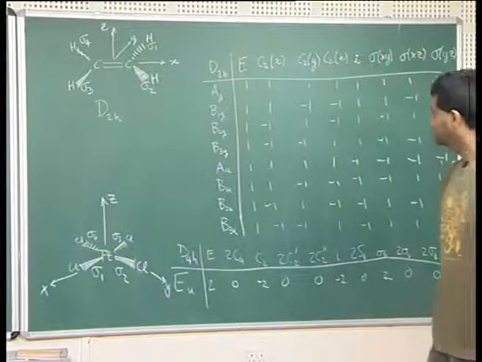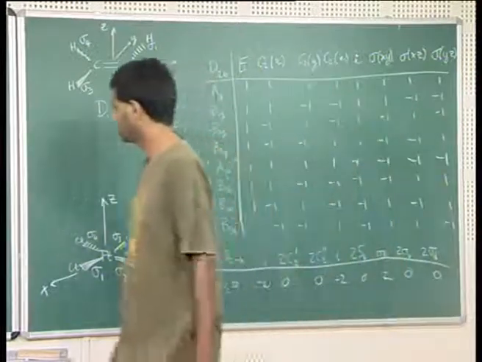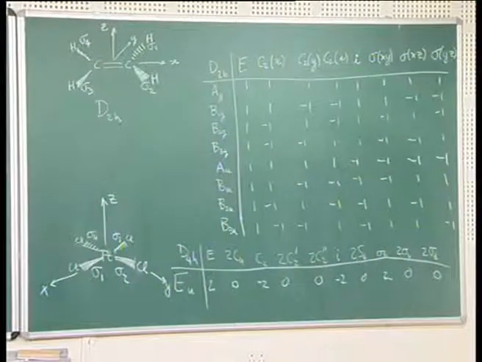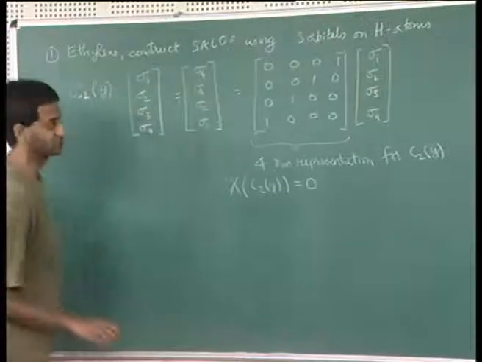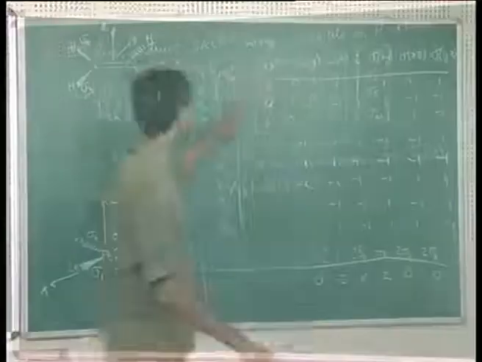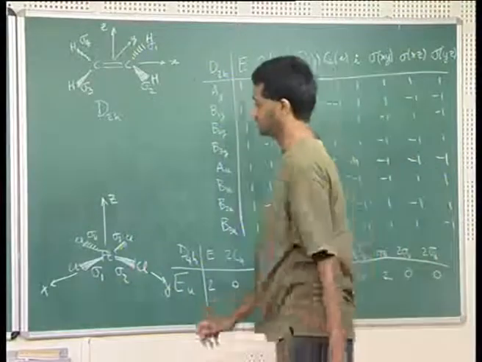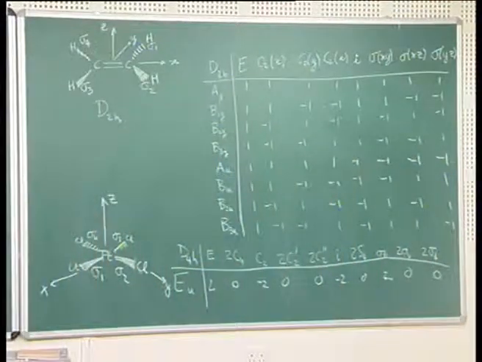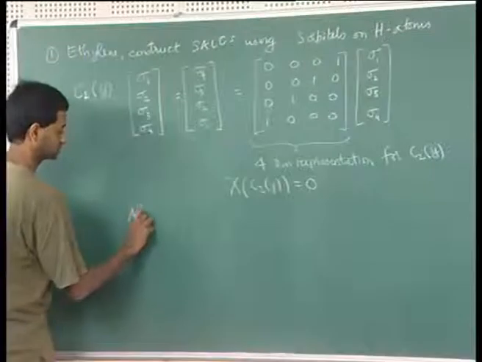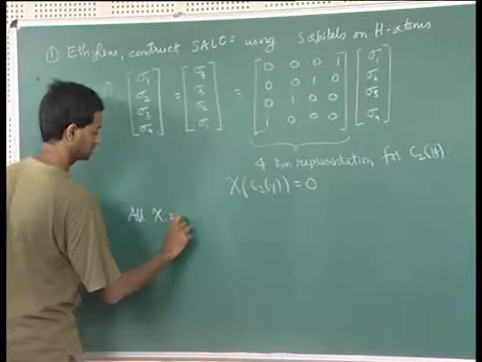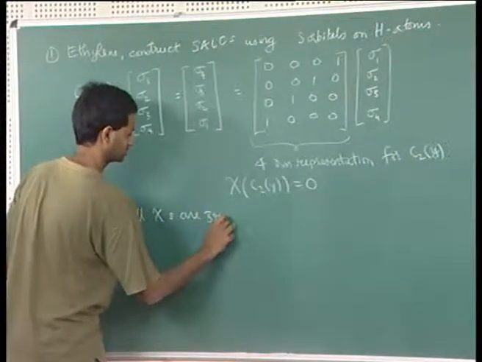And you'll find that only 2 of the chi's are non-zero, and they correspond to E and I. So all chi's are 0 except